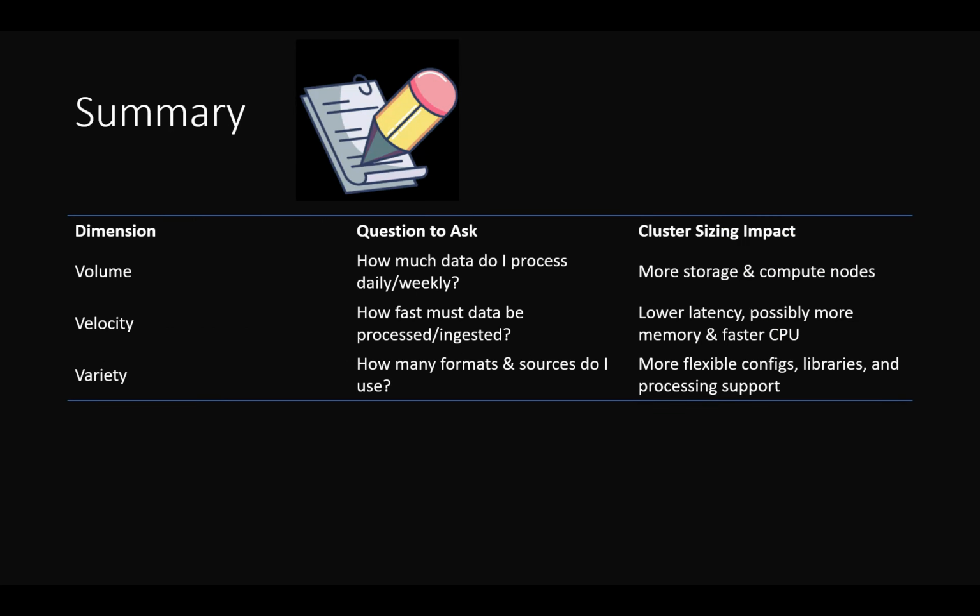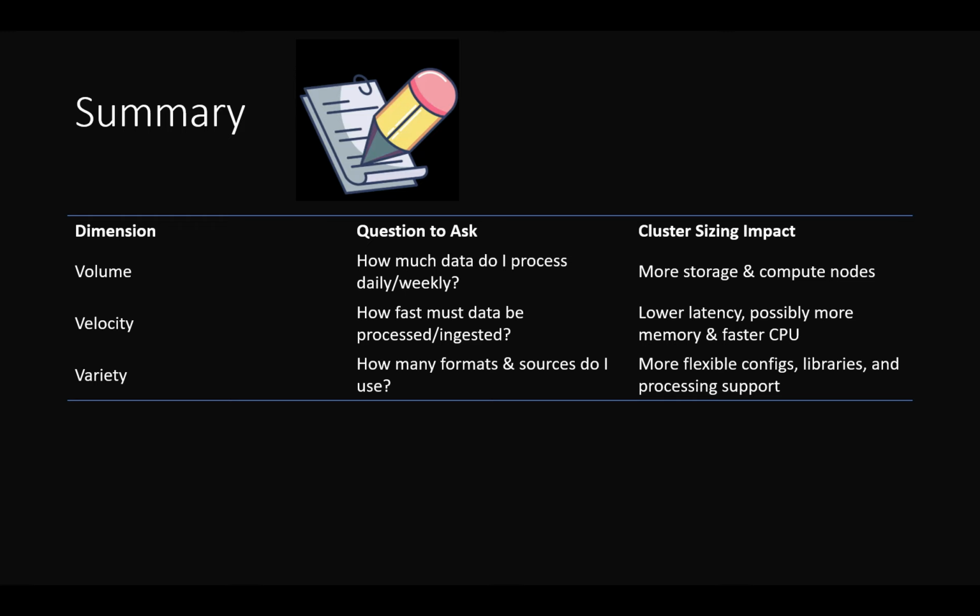So in summary, we should look at these three dimensions: volume, velocity and variety. And what are the questions that we should ask ourselves? We should ask, how much data do I process daily, weekly? And similarly, when I do a daily, weekly projection, I should do a yearly projection and plan, and add a buffer to that. If the volume I'm expecting is, let's say, 1